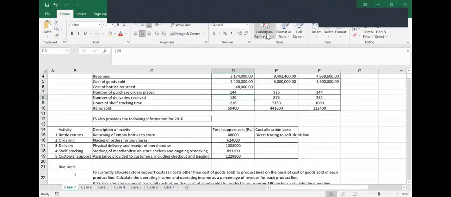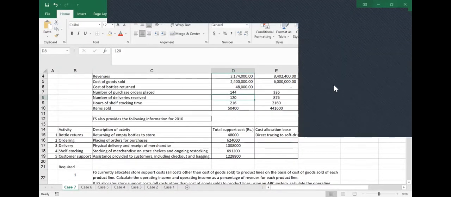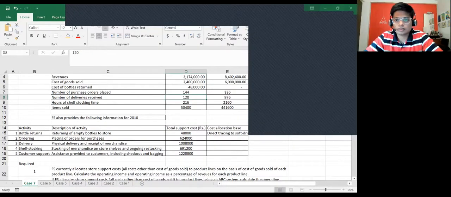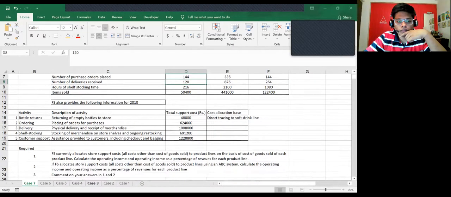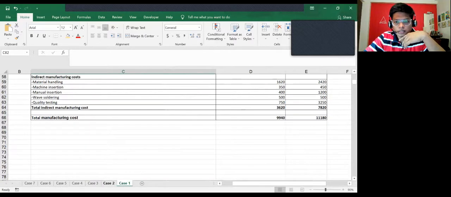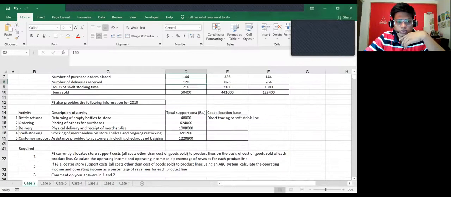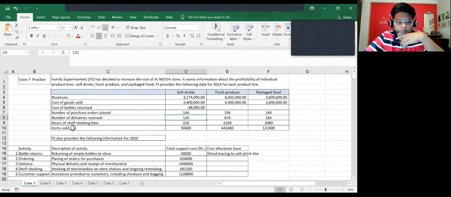What I've done over here is, I hope you guys can see my screen. Yeah, so hope you guys can see me. I've divided all the cases into multiple sheets, and I'll start from 7 onwards because these initial cases were discussed in class. So I'll start with number 7 and go back that way. Obviously the videos are uploaded on YouTube, so you can watch them at whichever rate you want.